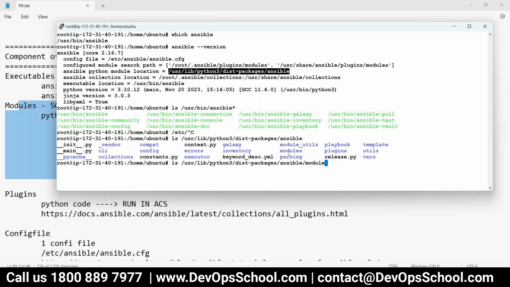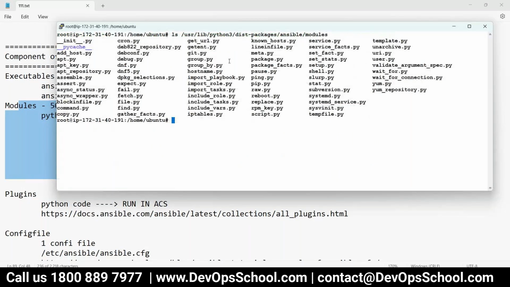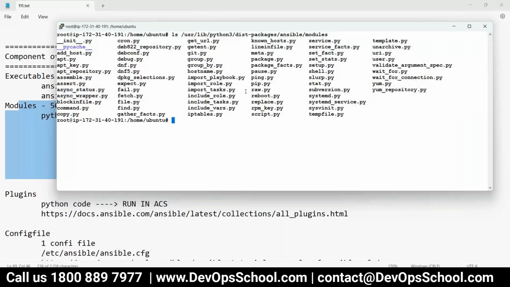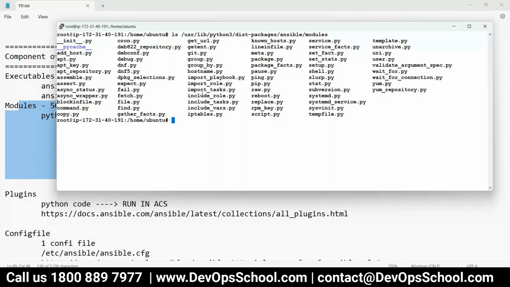You see here, these are .py files, Python files, right? Let's say I was talking about the service module. Where is the service? Here it is. I was showing you the copy module, right? Where is copy? Here it is. So for each module, there is one Python file. Simple. So these are the modules.